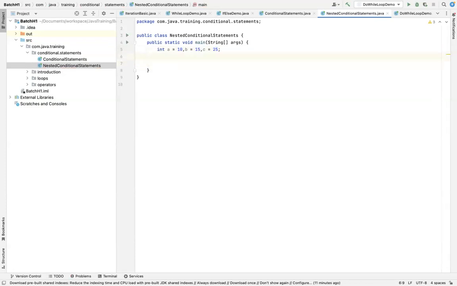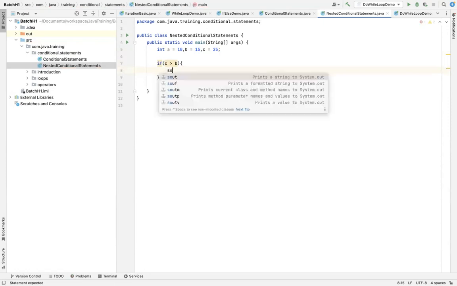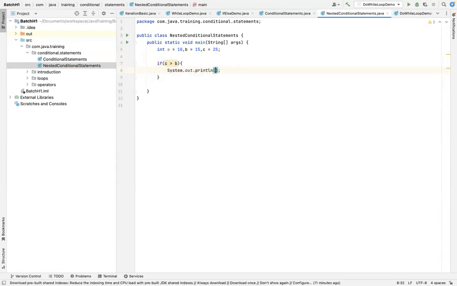So let me just try to go through this. If c is greater than b,